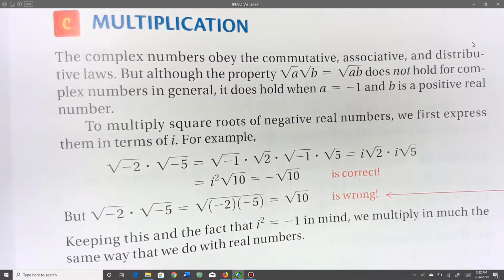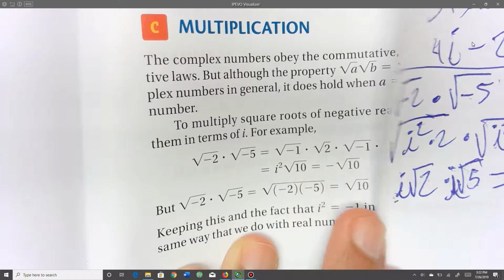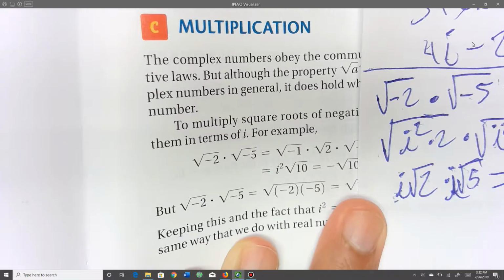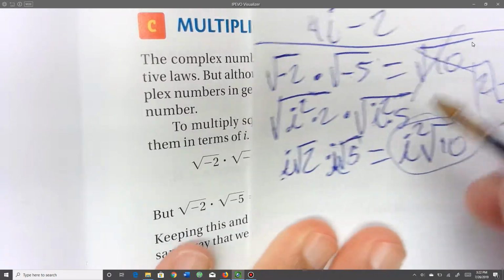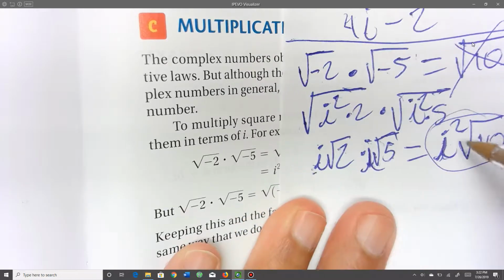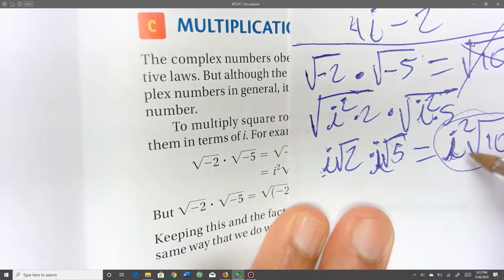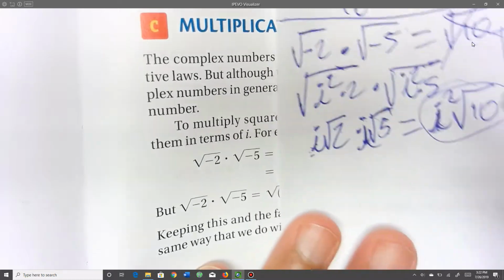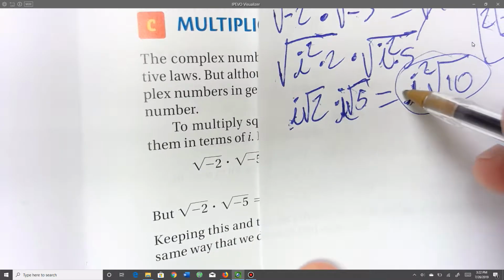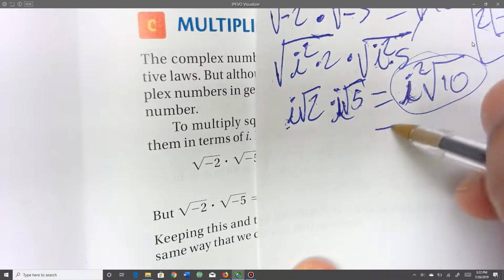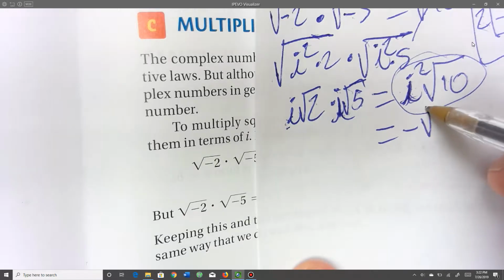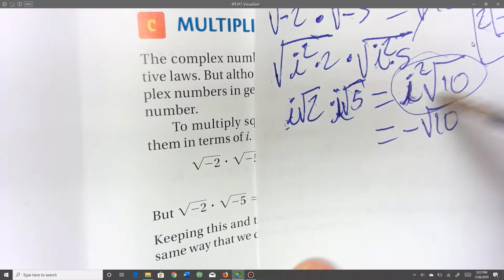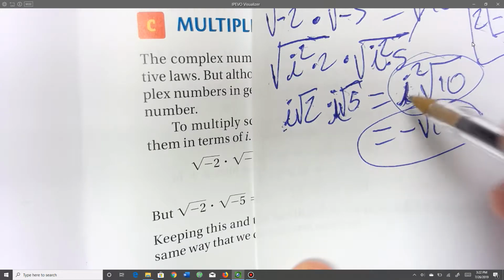And let's see what else. Oh, no, we're not done yet. No, we are not done. See, this tricked me right here. It is a pitfall, but you shouldn't get tricked by this, because once you get an i squared, you need to always simplify it as -1. So then that will become a negative square root of 10. Don't let this trick you like it did me. And it does trick me from time to time,